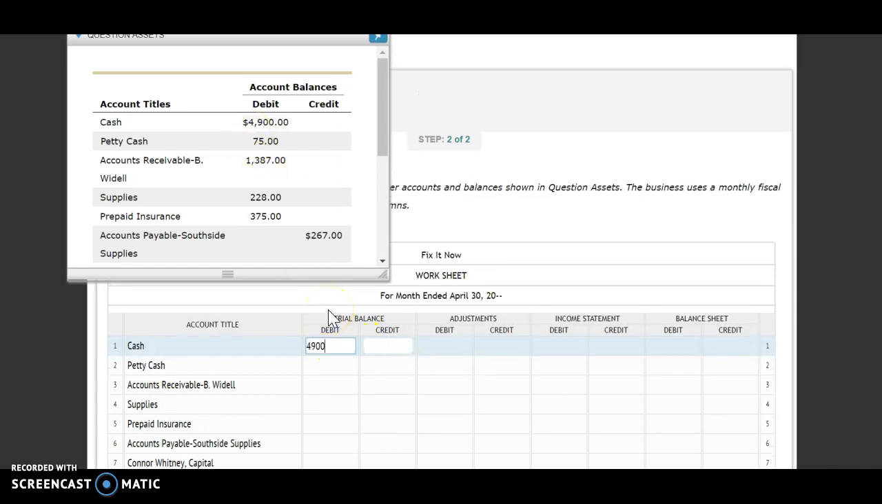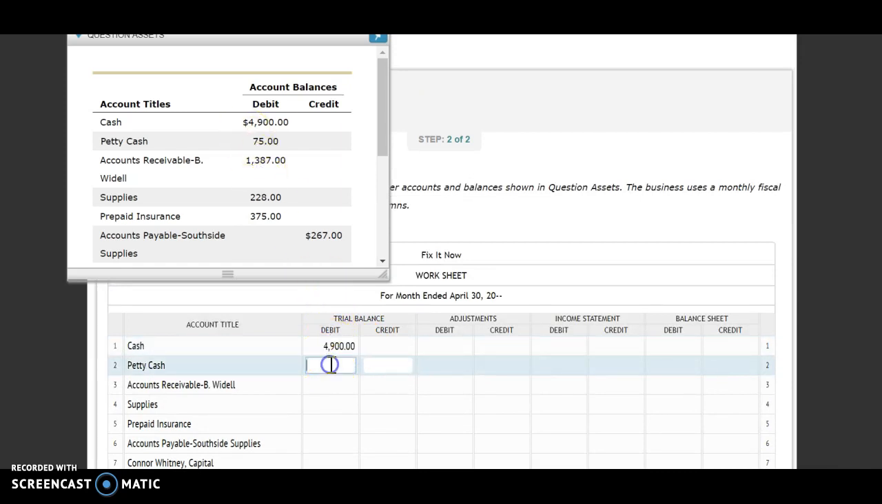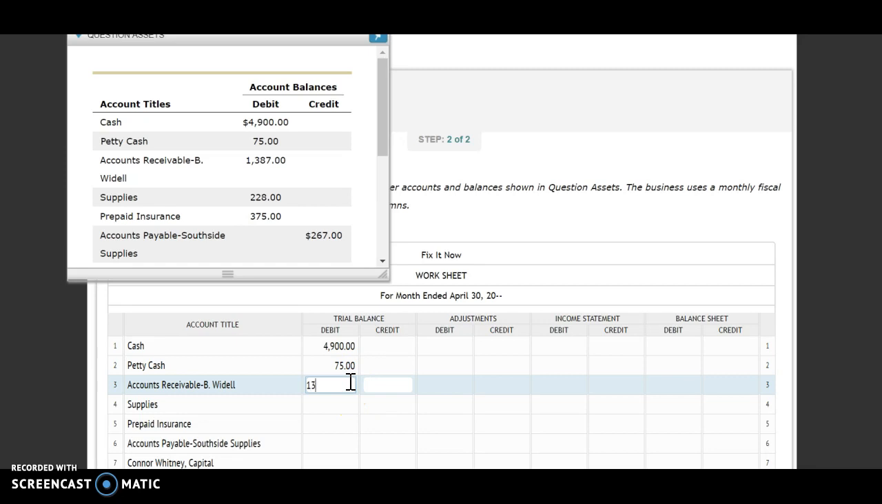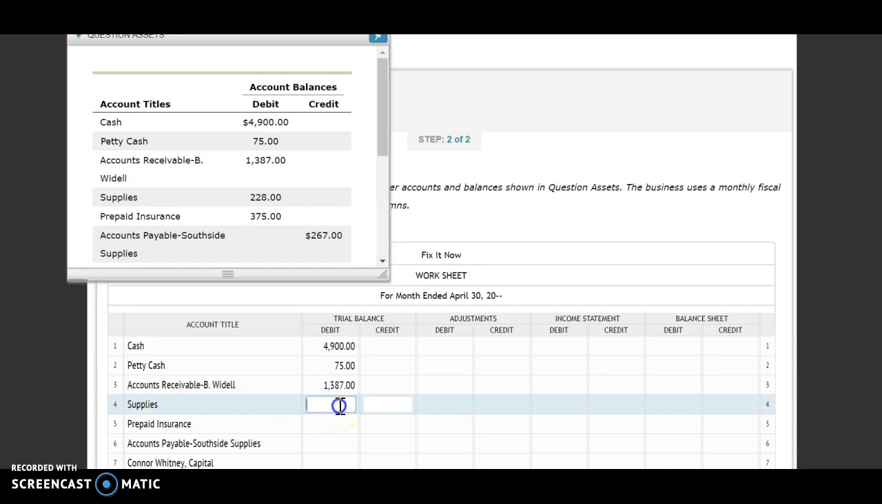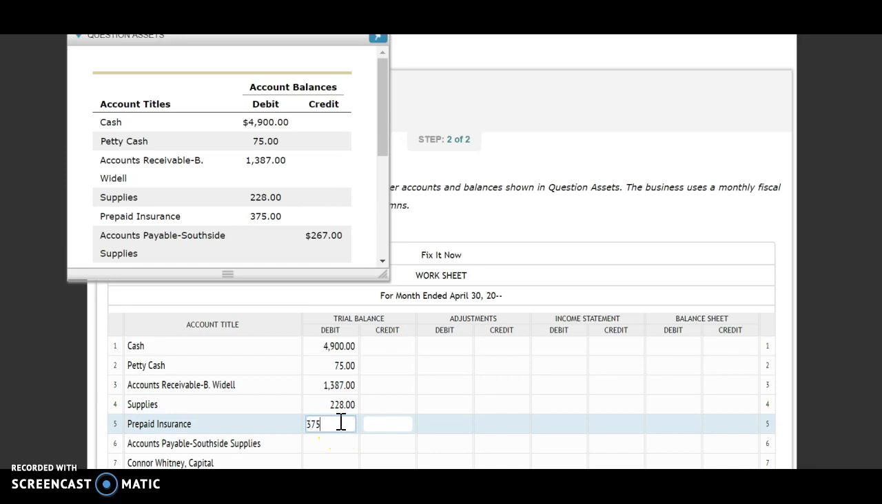Remember, you do need to be careful that you're copying the correct number and putting it in the correct column. So it's a debit column. We have cash as a $4,900 debit, petty cash $75 debit, accounts receivable $1,387 debit, supplies a debit of $228, prepaid insurance a debit of $375,